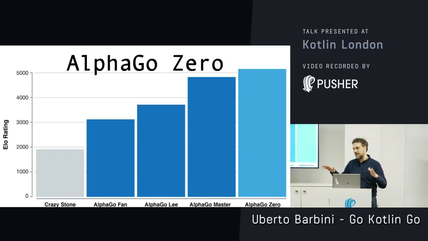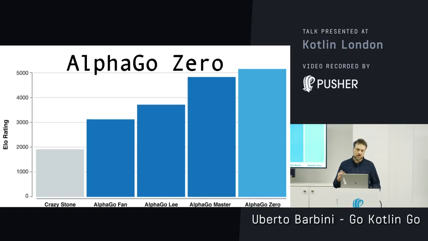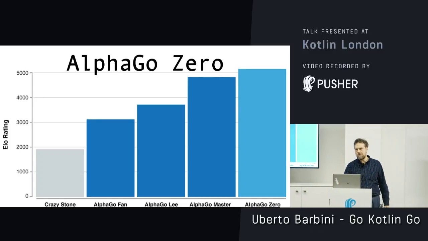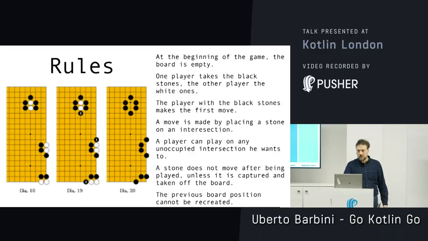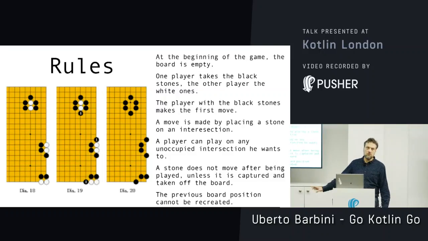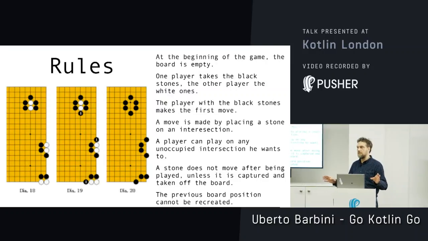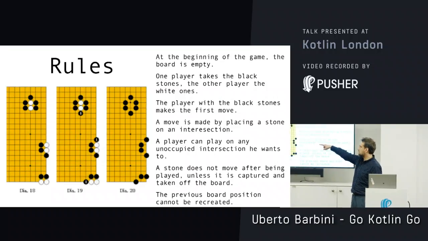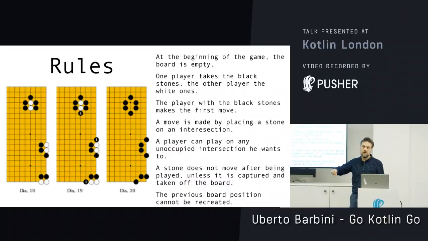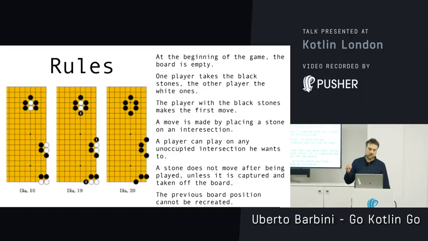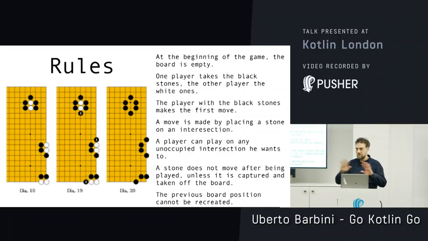Now we'll go a bit more technical on the details and why Go is such a great game, and maybe I play Go. So it's a very quick introduction to the rules of Go. Compared with any other game, one player has the white stones, and the other has the black stones. Each turn you put a stone on the board, and that's it. And when you have your stone completely surrounded by the other color stones, the stones get removed. And okay, now you know all the rules of Go.